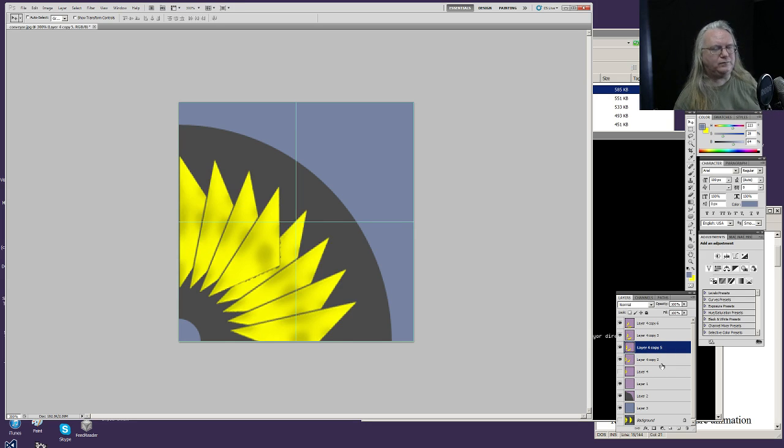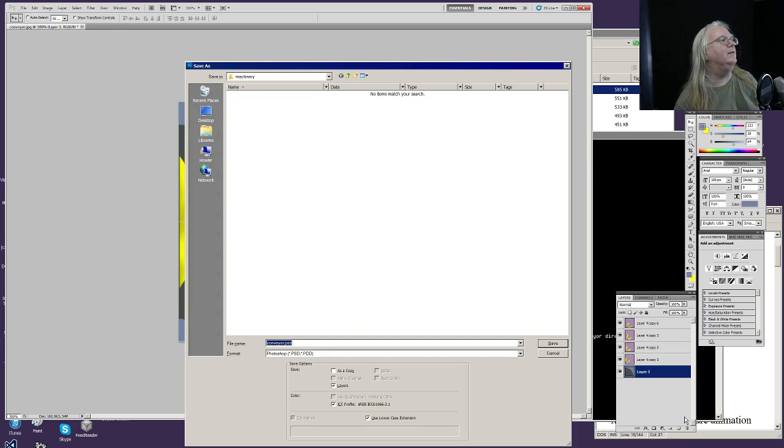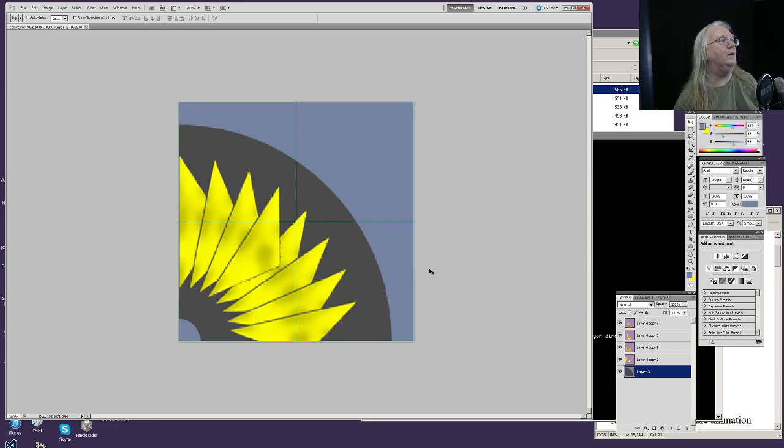So, we don't need this background anymore, and we can flatten these layers. And we don't need that layer. All right, so that's layer 90 PSD. And then